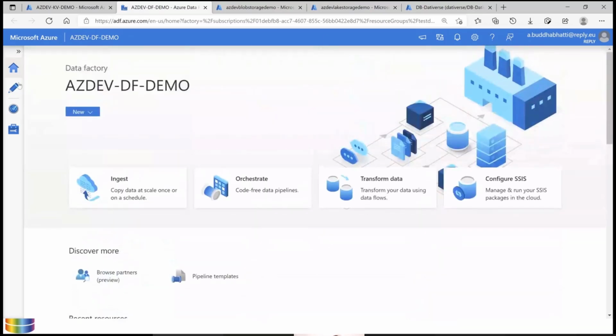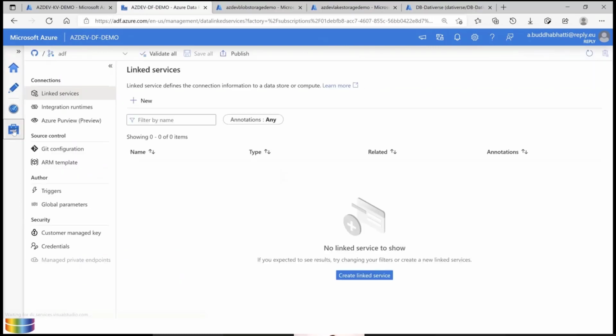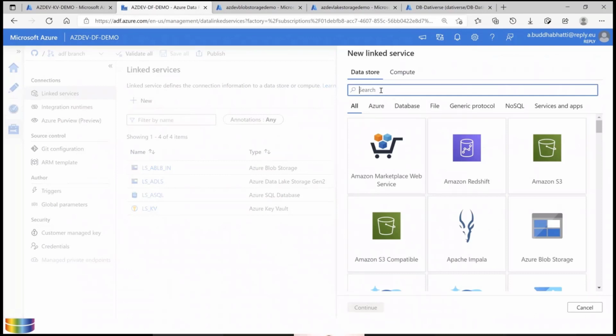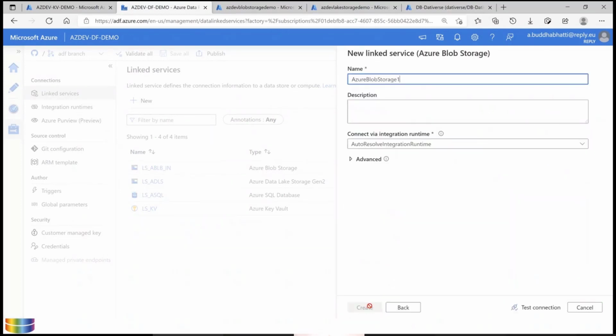So let's move into the components of that. The first component is Manage. You manage your Azure Data Factory components using the Manage box here. So you can add a linked service here. By just clicking on the button, you can type which data source you have. For example, blob data source, continue.